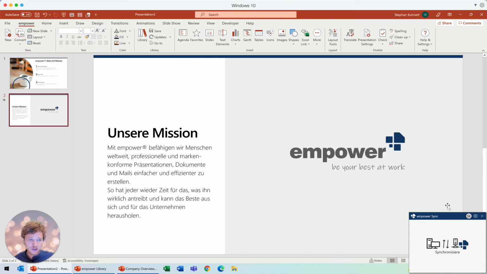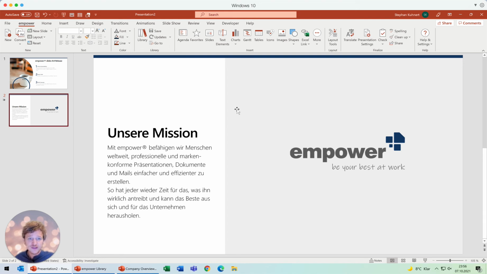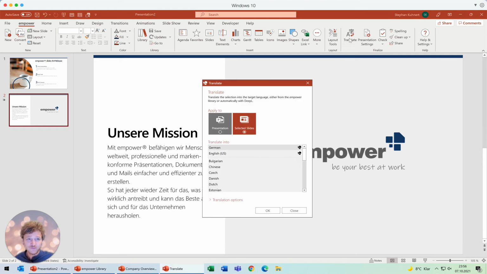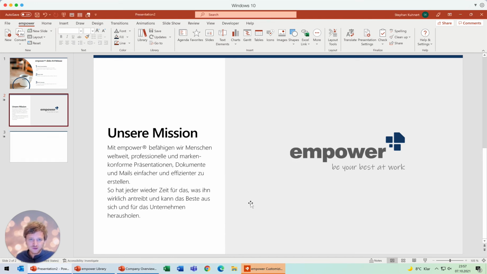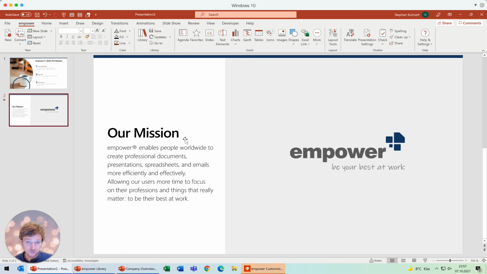So let's have a quick example. In that case, I have a German slide here, it's our mission, and I am looking for the English version. And if I'm now hitting the translate functionality and say I want to go into taking the English version, and I hit OK, it automatically checks, hey, there is an English version, and it automatically pulls that English version into my presentation and exchanges it. So we see here the English version. So that was not a translation through DeepL, through the automated engine, but because there has been already a proven